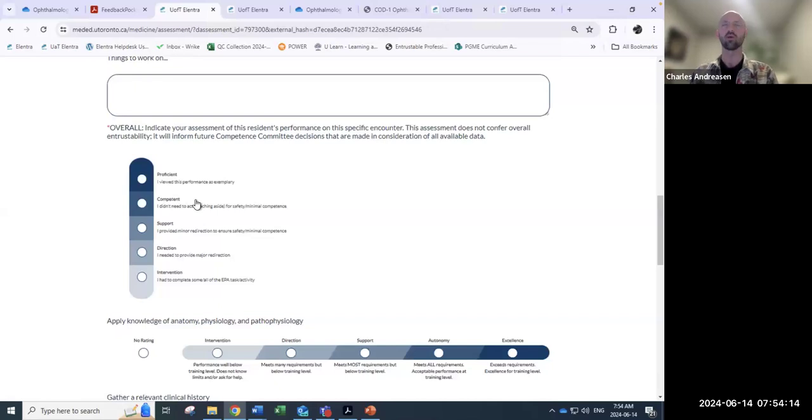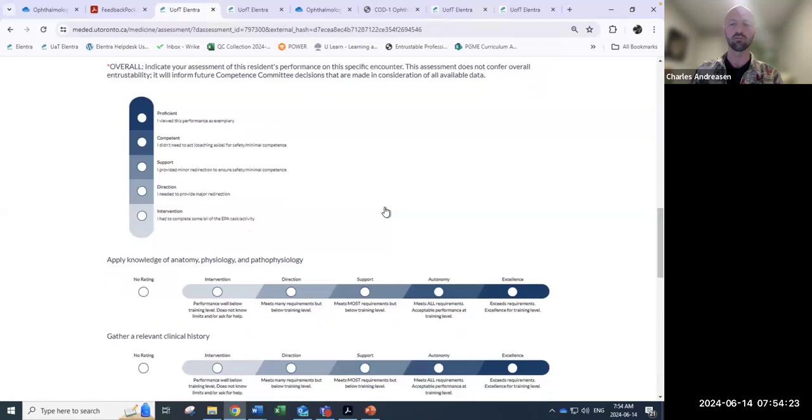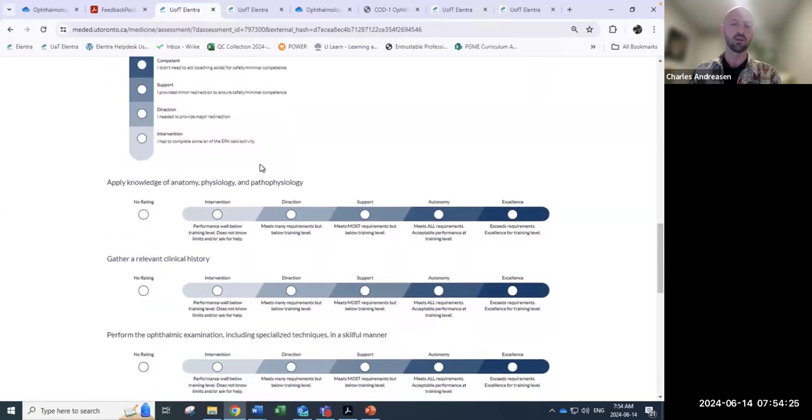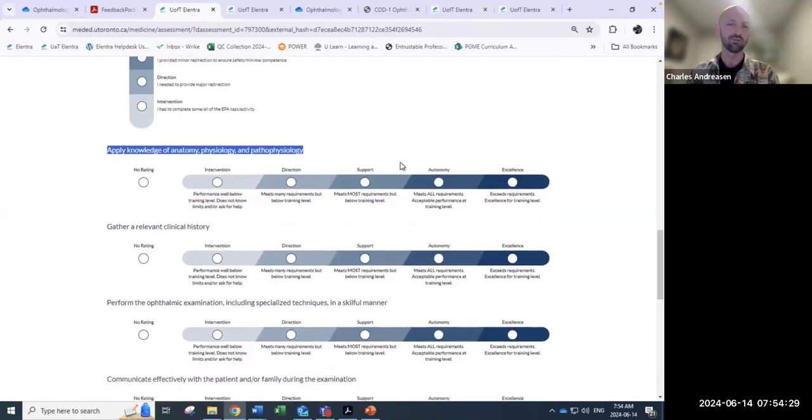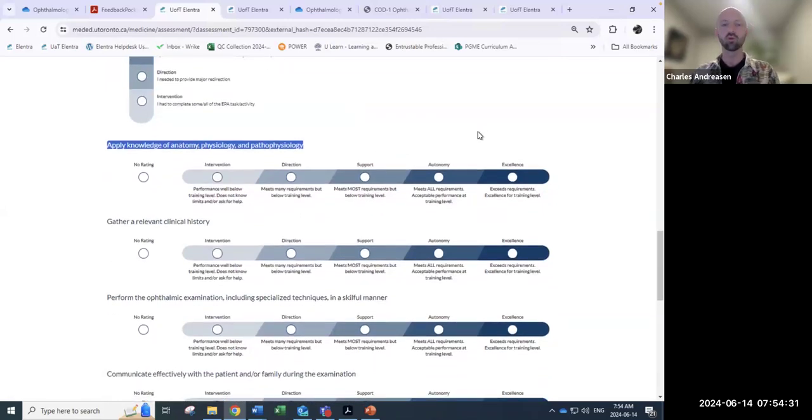Once that's submitted, the trainee will have access to that completed data. You will be able to review that as well. And of course, the Competence Committee members have access to this. But before submitting, you have the option to provide individual ratings on each of the milestones. So as I mentioned,